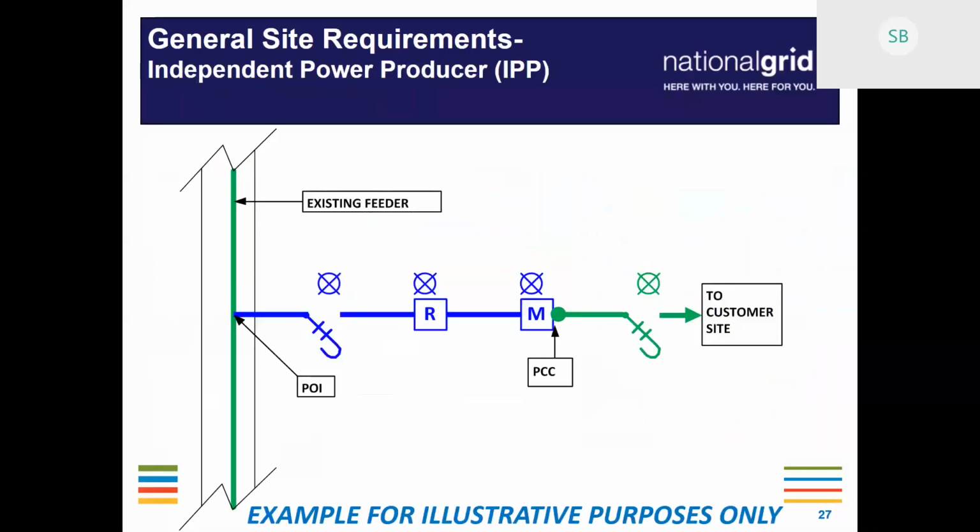What you can expect is, the green line on the left would be our existing feeder, and we would connect from there, and you'd have to have a new gang-operated load break, a recloser, and a meter. And then from the secondary side of the meter onward would be going out to the customer site. We do require that there's a customer-owned switch on their side for the purpose of isolating our meter and our equipment on our side if we need to take your site offline and make sure that there's no backflow before we start working on our feeder.